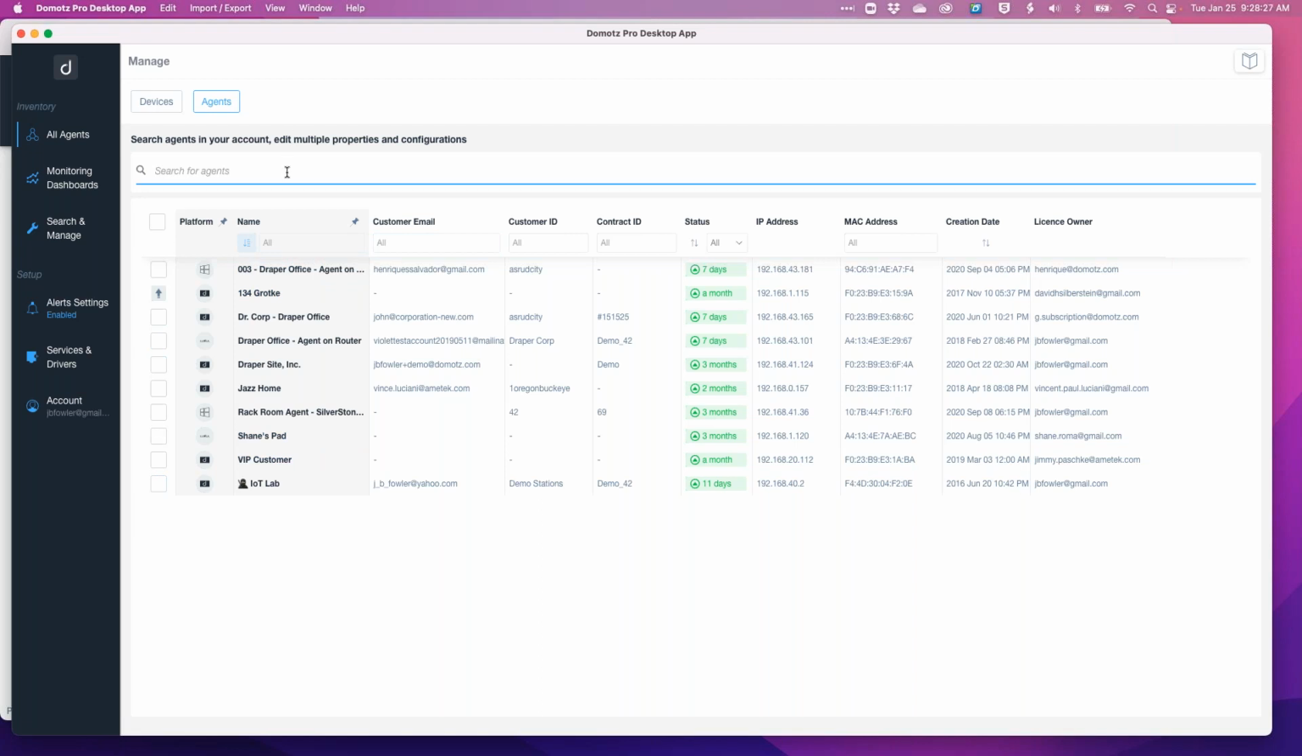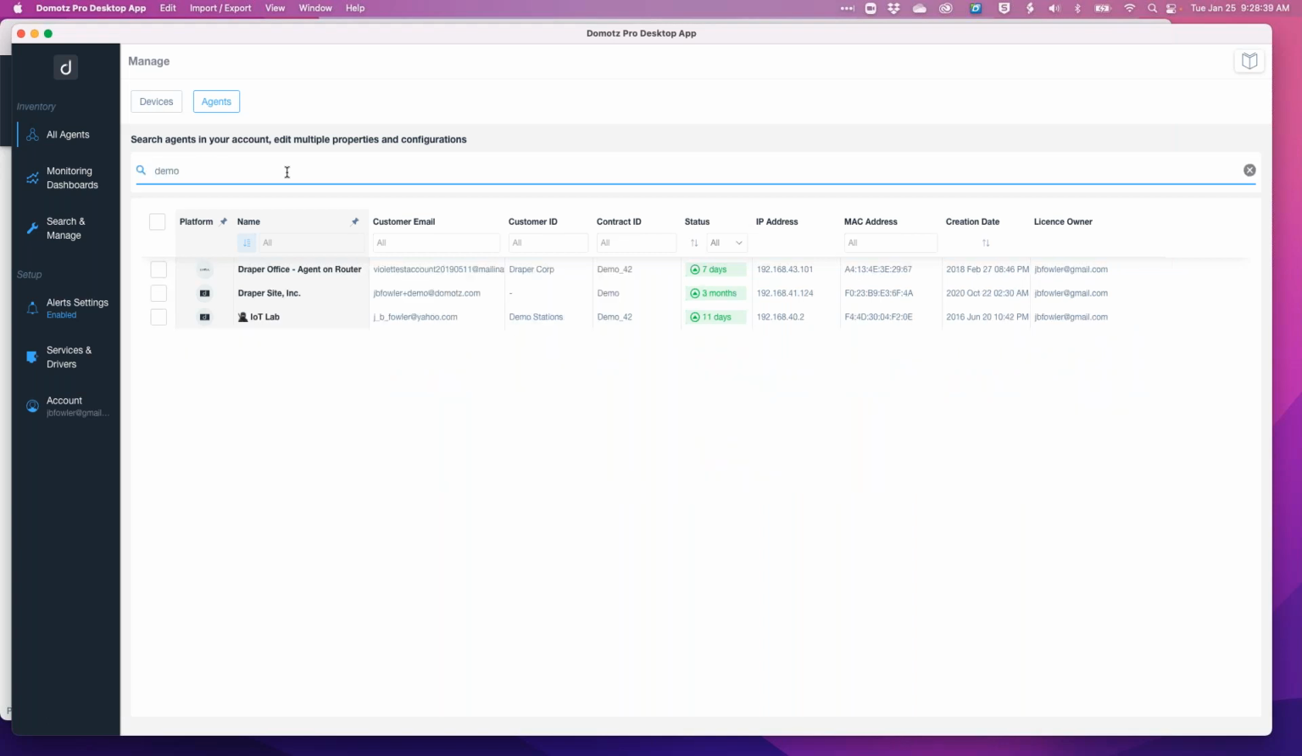But if you're dealing with hundreds of agents, or multiple customers that have multiple agents within their networks, this list can get really large. But if you wanted to search across these customers for particular information, if I type the word demo, we see that these three agents are associated with the word demo in some way, shape, or form, either under their contract ID, or there may be customer information here. If I have a particular MAC address that I was searching for, I could look for that at the agent level. This gives me the ability to filter down into particular customers and then make changes across those